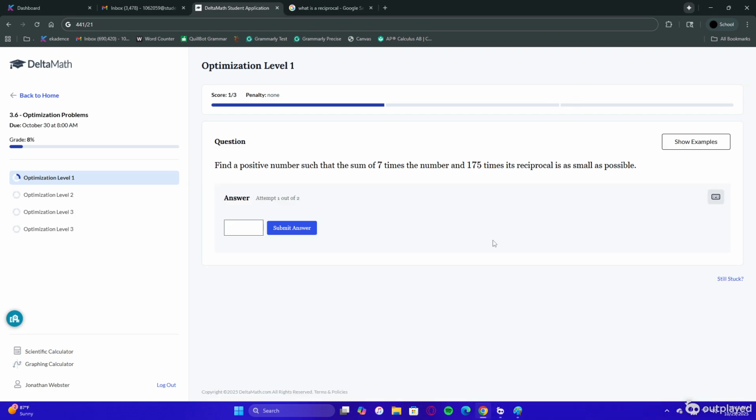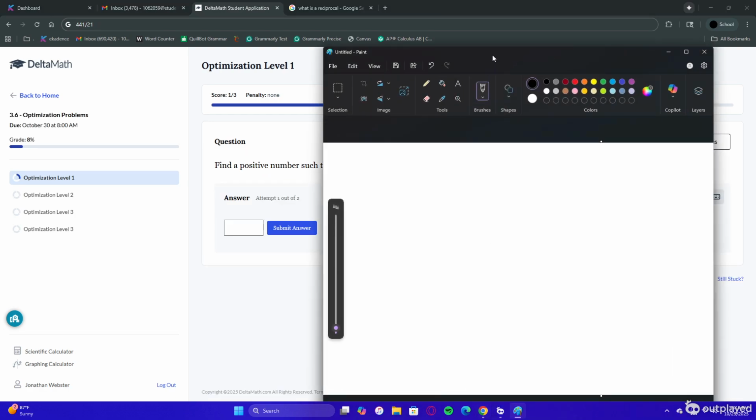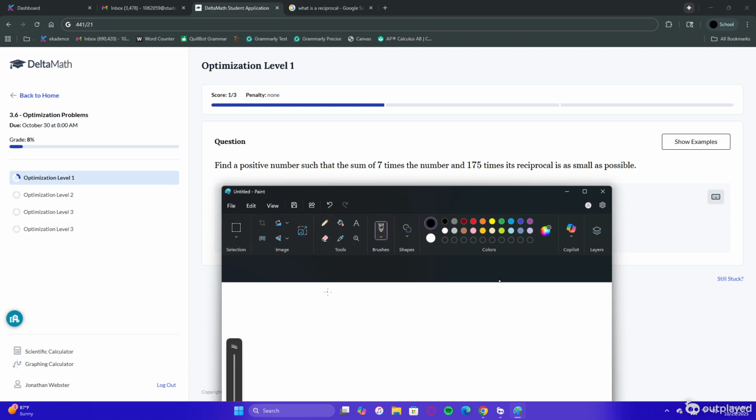Okay, now we're given this question where it says find a positive number such that the sum of 7 times the number and 175 times its reciprocal is as small as possible. So it gives us a positive number, and it has to be that its sum, so it's going to be an addition problem. So 7 times the number, we can call this number x, 7x, and plus something,